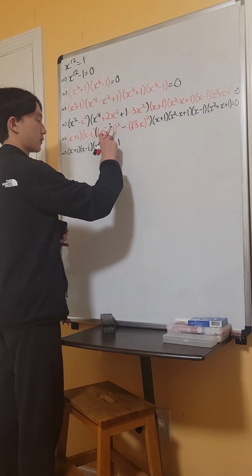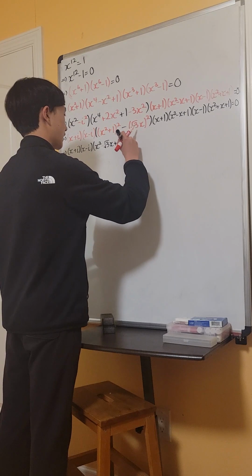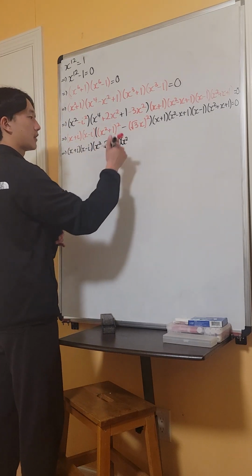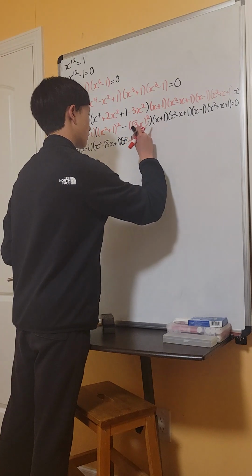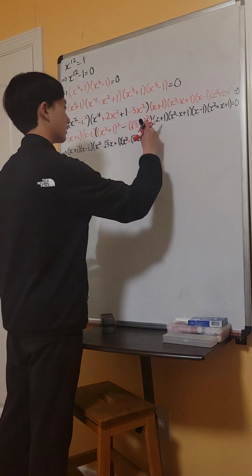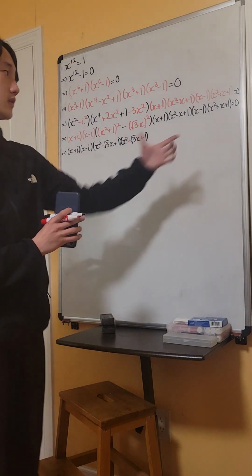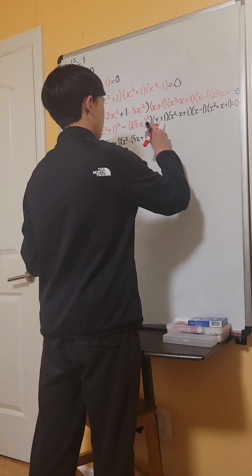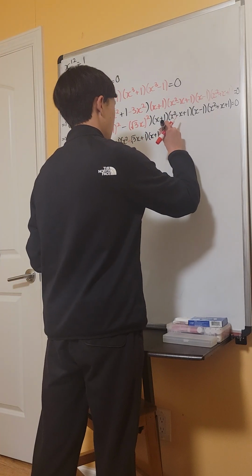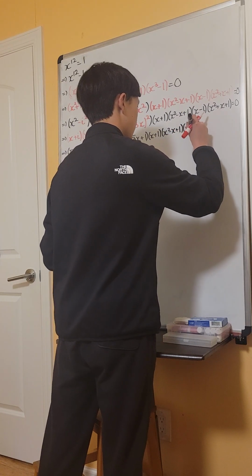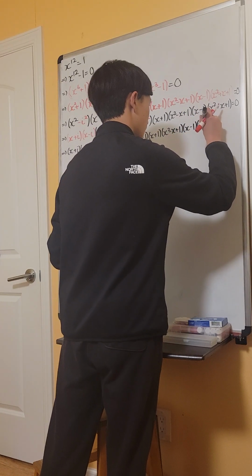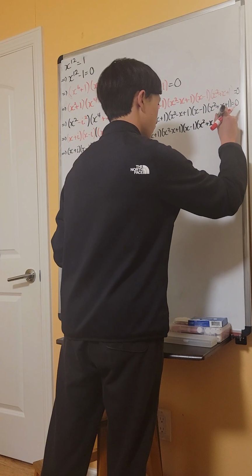Right, and then the plus 1 from here. And then our second factor is x squared, and then now we have to add root 3x, and then our plus 1 from here, right? And then we have the rest of these factors right here. We have x plus 1, x squared minus x plus 1, x minus 1, x squared plus x plus 1